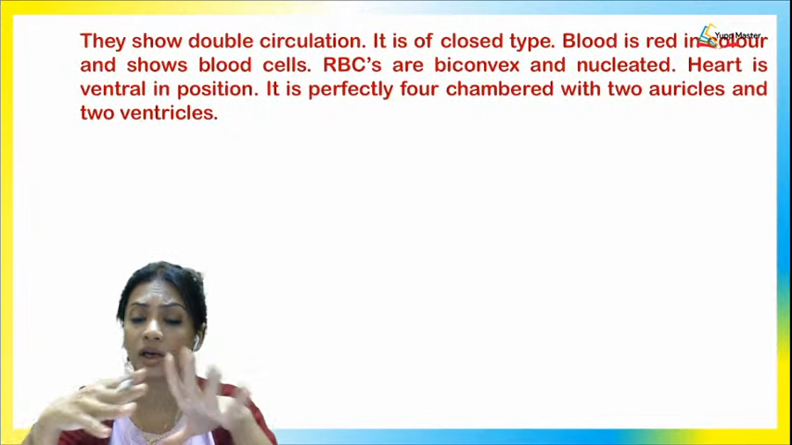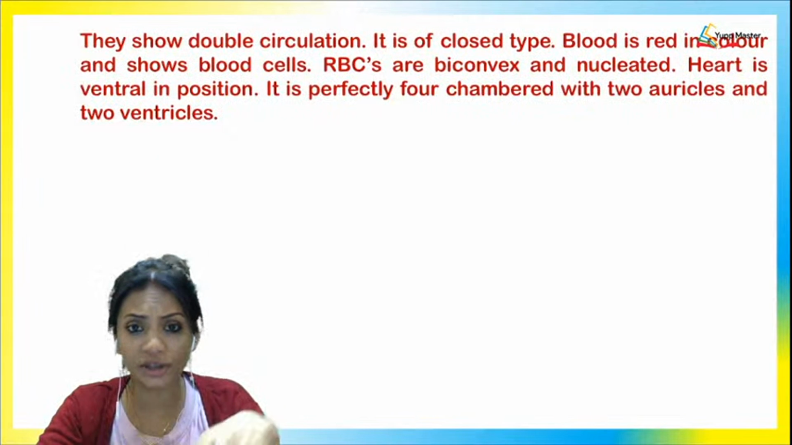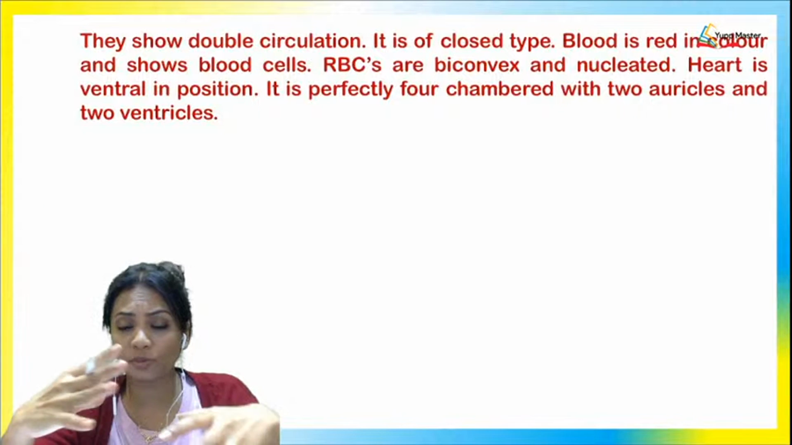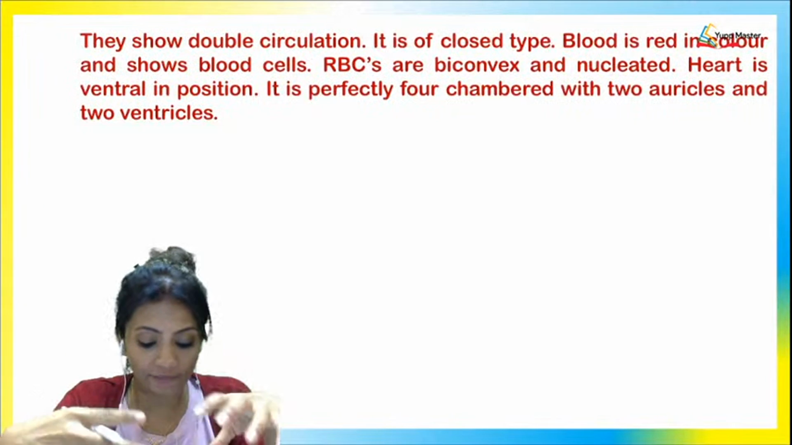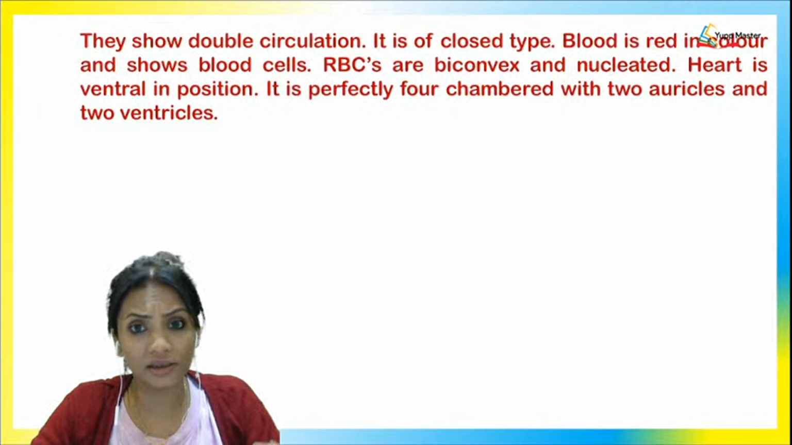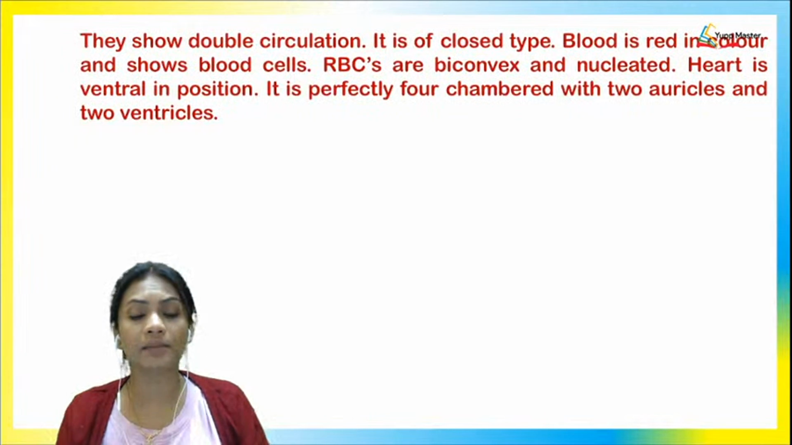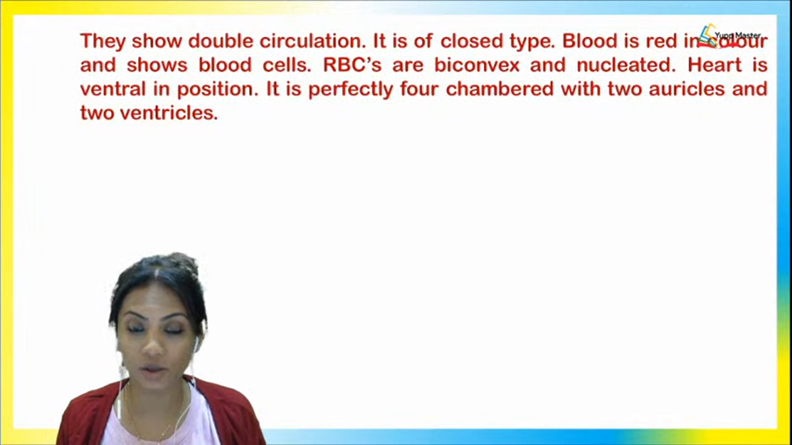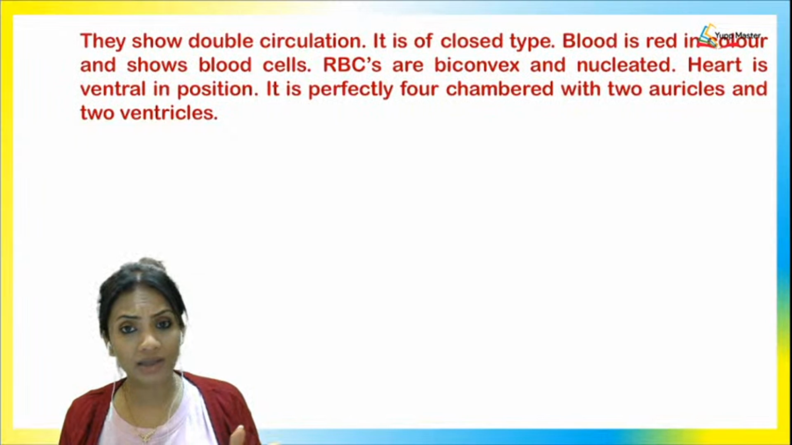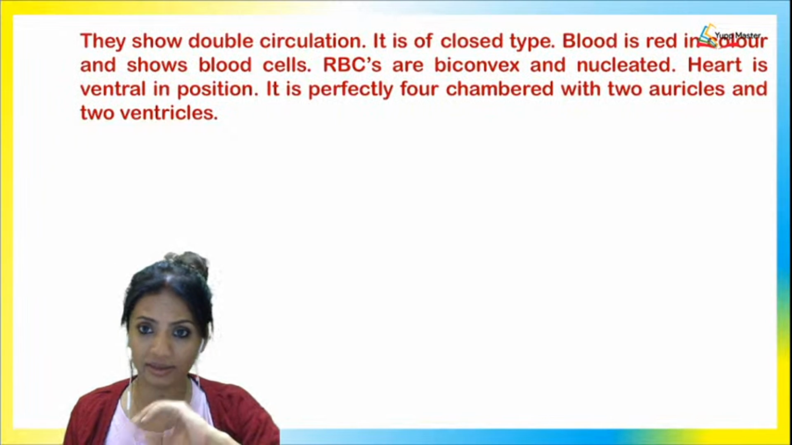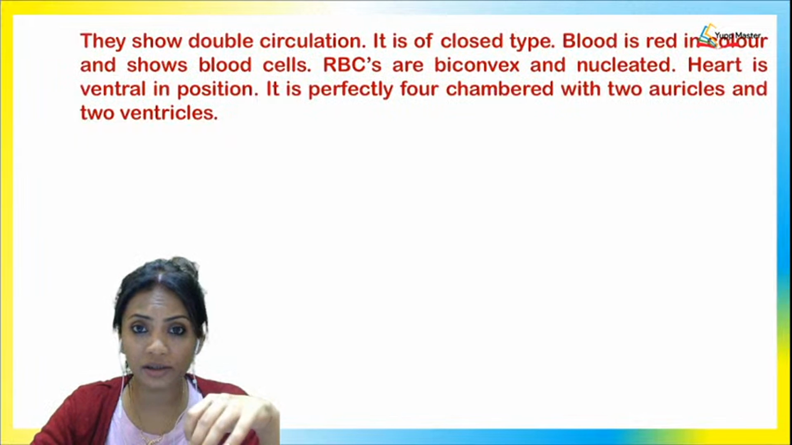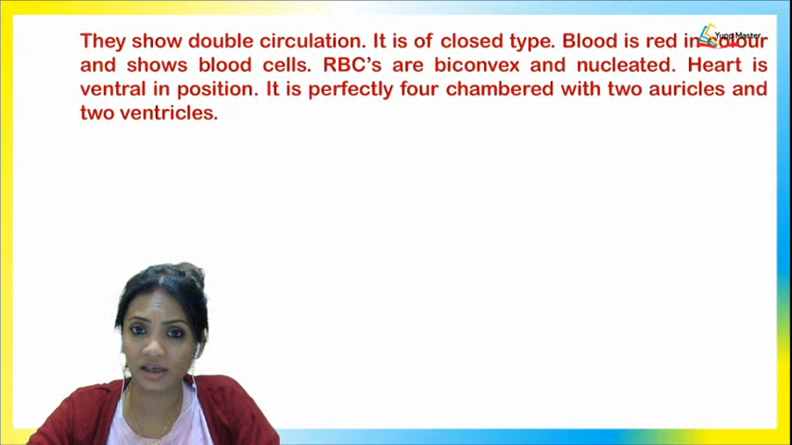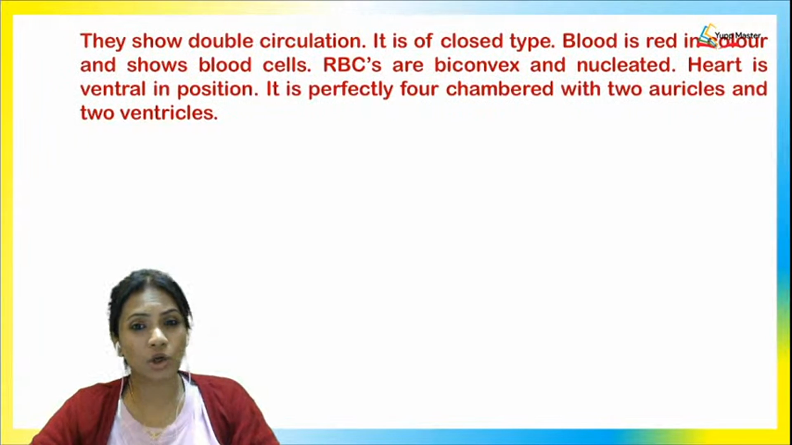Okay, it's actually a closed type of circulation here, where blood is basically flowing inside blood vessels. Now we see here that the blood is red in color and shows blood cells. RBCs here are seen to be biconcave and nucleated. Now the heart over here is ventral in position, just like any other heart of a chordate, and